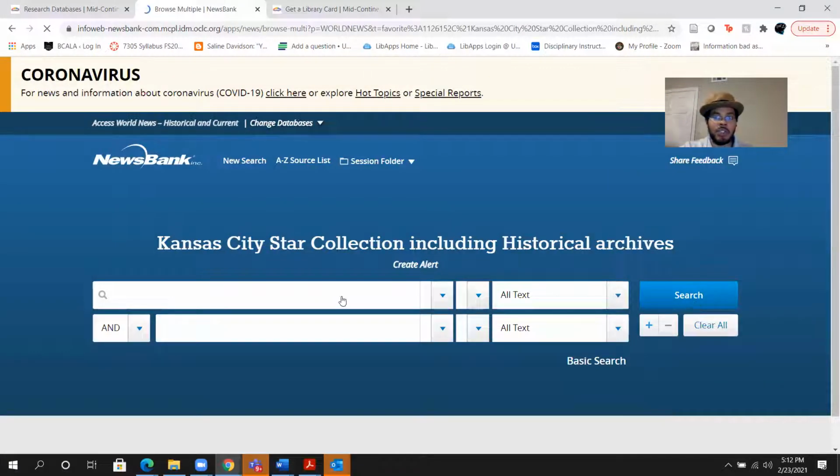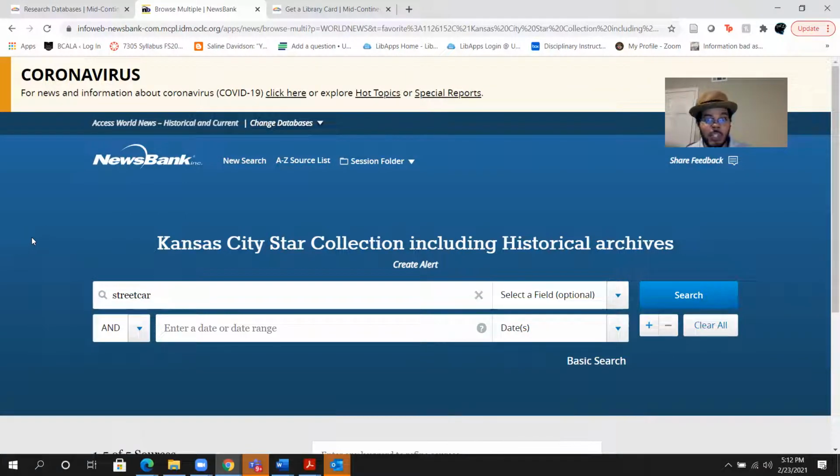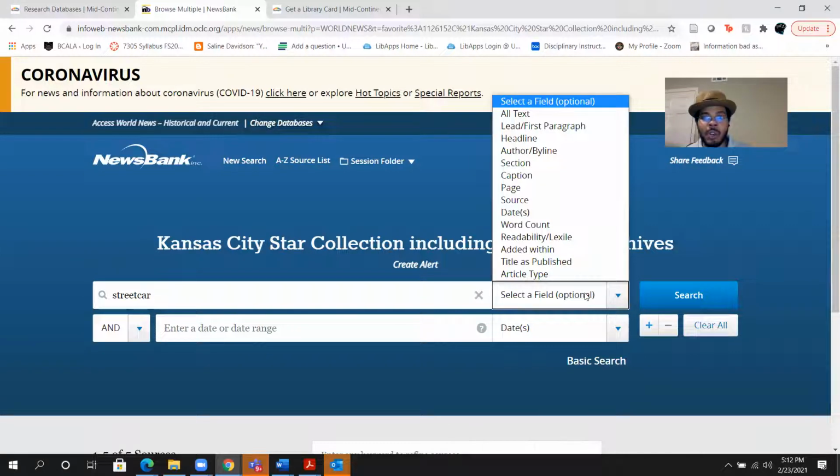let's say again that you're doing Streetcar. So you can put Streetcar in here. But what I recommend you do, this is going to come up with a lot of results. So when you're searching for the Kansas City Star, I recommend that when you put in a search term, you also limit yourself either to lead, first paragraph, or to headline. That way you will know that the articles you're pulling back from the Kansas City Star are dealing specifically with Streetcar or the Streetcar project,